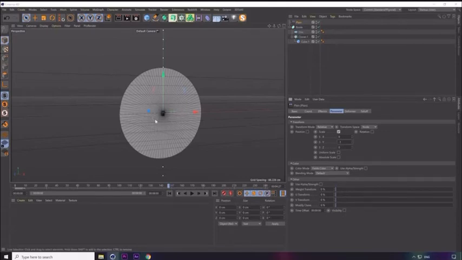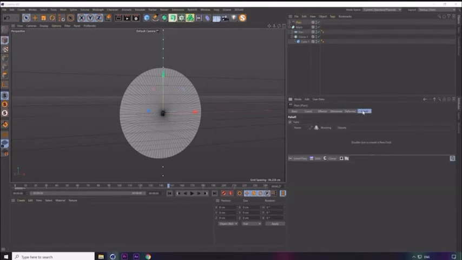What we want to do is have a fall off, so that at the bottom down here, the lines have 100% of their original height. And then as you move up, they slowly get smaller and smaller. So with the plane effector selected, I want to go to the fall off tab, and let's create a linear